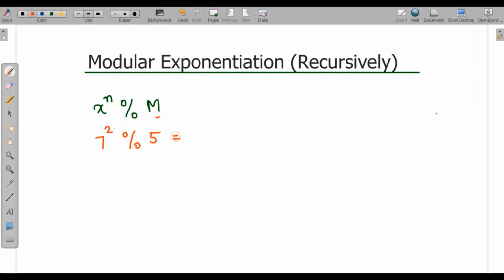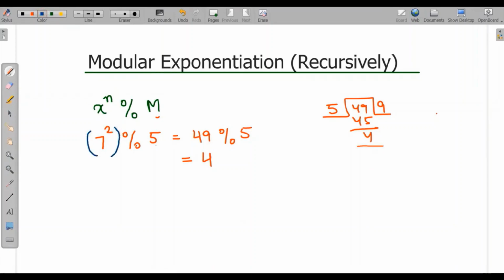So when we calculate this, 7 sevens are 49 modulus 5. That means here we will get 5, 49, 9 fives are 45 and 4 as a remainder. So the easiest approach is to calculate 7 to the power of 2 first, then mod 5. Here if we take x to the power of n, it will reach large values, apparently even for small values as well. Fortunately, we have laws of associativity, commutativity and distributivity. So we will use them to solve this.